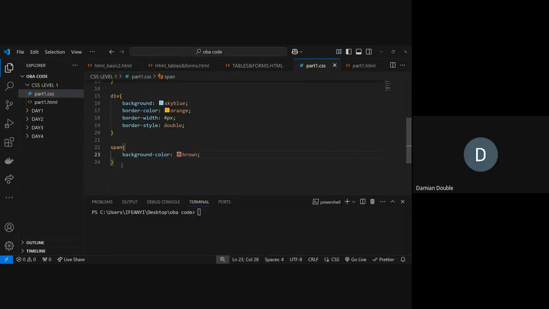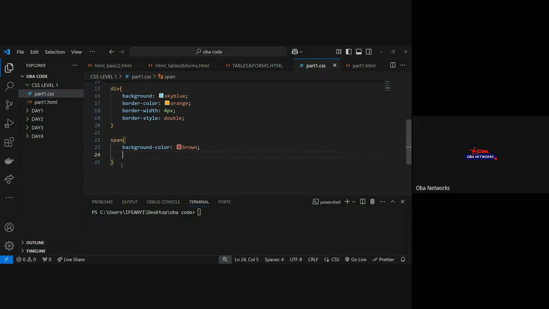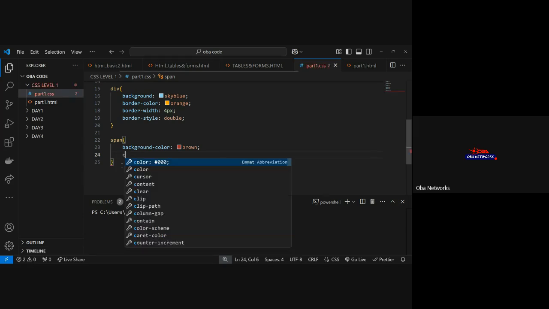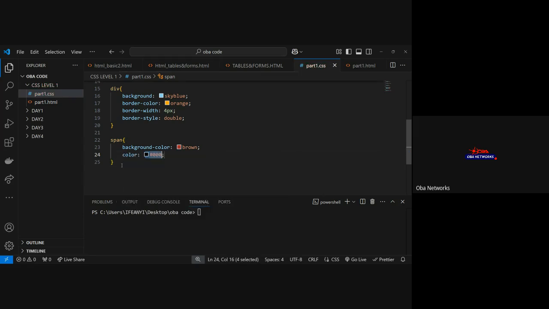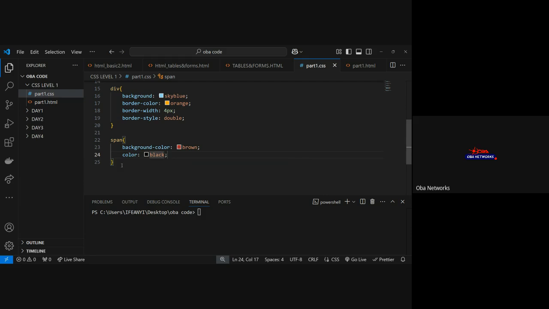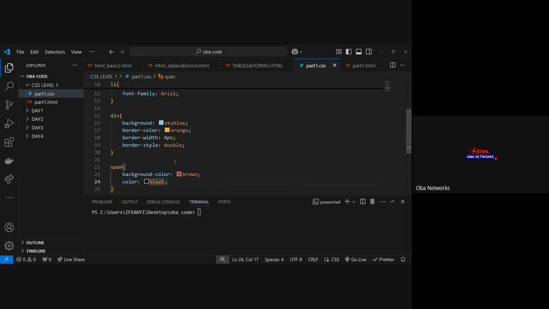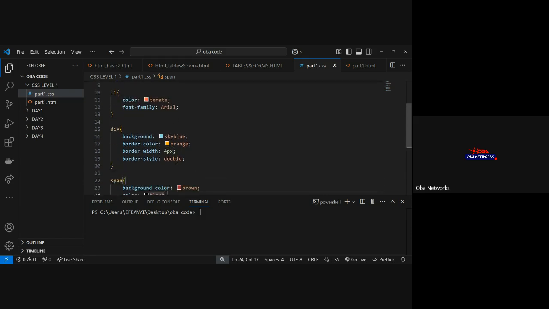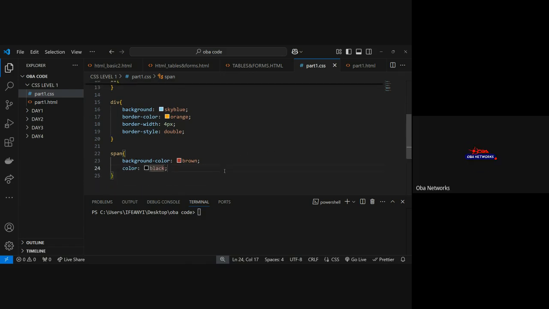I'm giving it the background color of brown. And I want to color it with black. Do you understand all what I did here? I'm following. Okay. Now you save your work